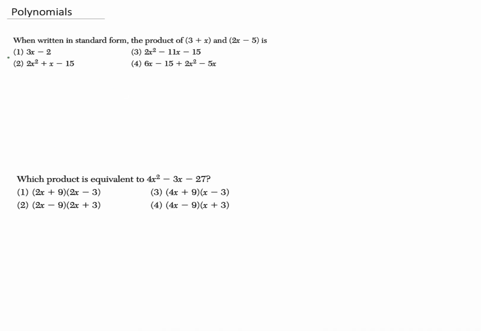So the first question I have here states, when written in standard form, the product of 3 plus x and 2x minus 5 is. Now when you see that word product, it means you have to multiply. A lot of students are afraid of multiplication of polynomials, but I'm going to show you a neat way to multiply them. So the first thing I do is I draw a box, and then I divide my box into